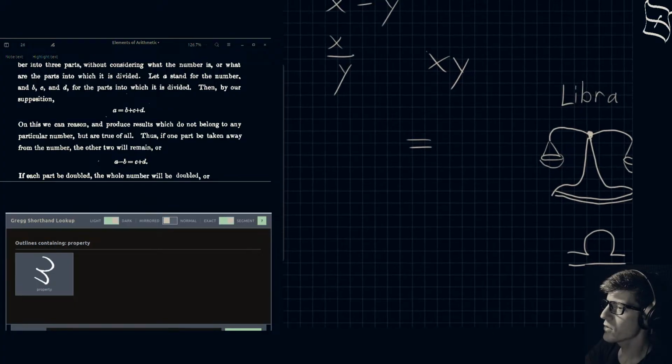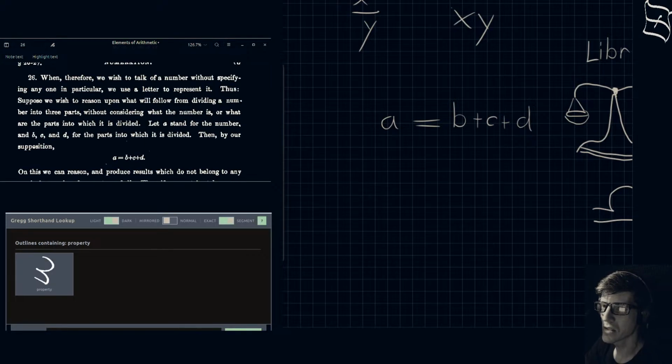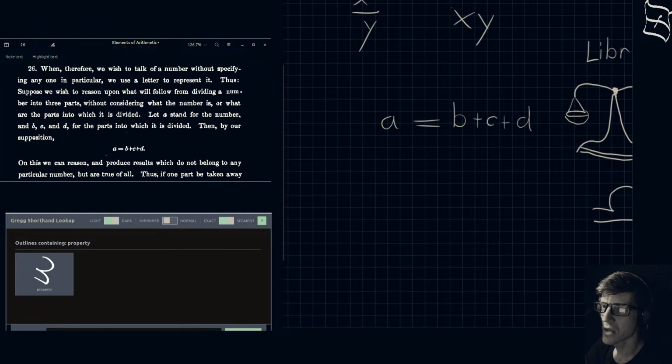This means that whatever you do on one side, it has to be done on the other side, okay? What this means is that let's say we have y, or in his instance we have a, is equal to b plus c plus d, okay? This would be a comparison. As long as b plus c plus d is equal to a, as he says here, we're looking at the